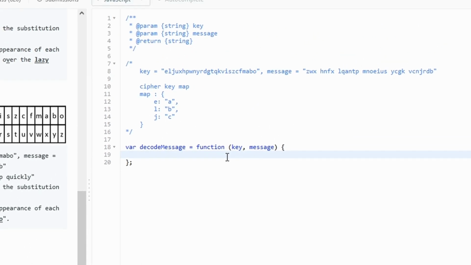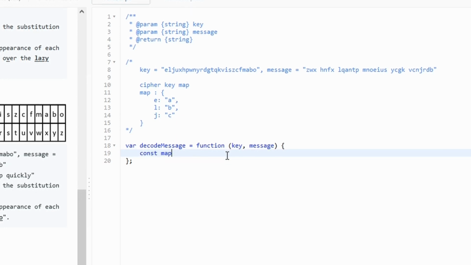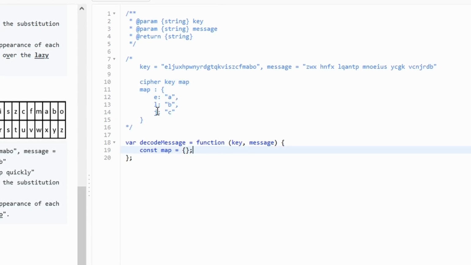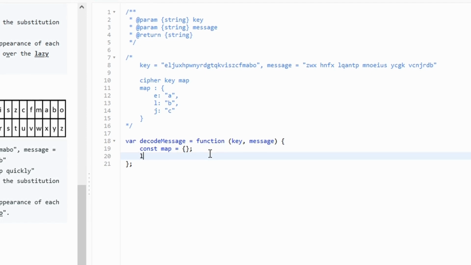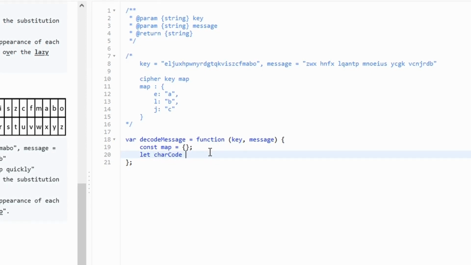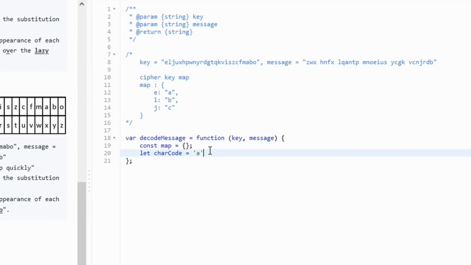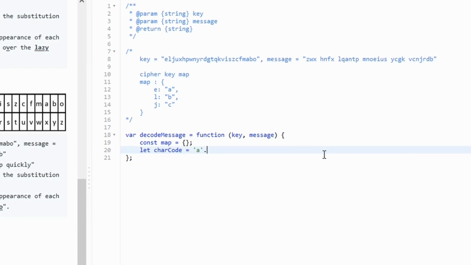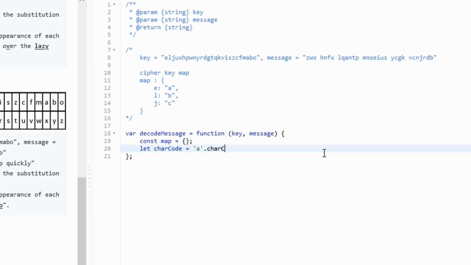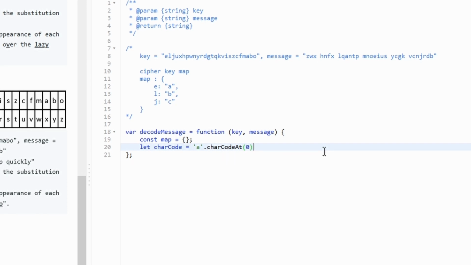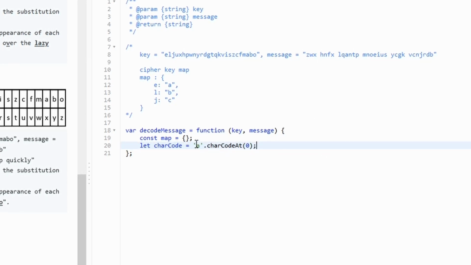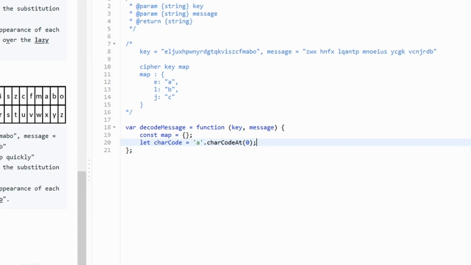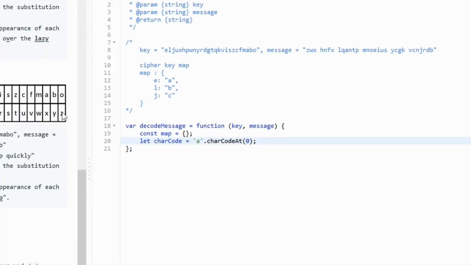So the first thing we want to do is create a variable called map, and this is exactly what we're creating up here, so that we can store all of these mapped values. And then I'm going to create a variable called charcode, and we're going to do something that I think is pretty neat. So we're going to have the string with the character A in it, and we're going to say charCodeAt 0. So this is going to get the character code of the character at the 0 index, which is A. Alright, since we're starting at the beginning of the alphabet, we're then going to increment that until we get